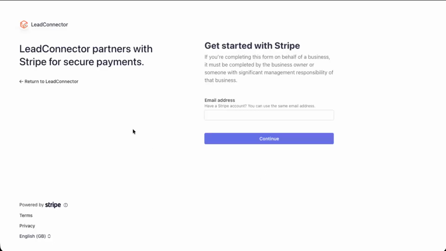At this point, you'll be redirected to the provider's login or sign-up page. Here, you can either log into an existing account or create a new one if you don't already have it set up. Follow the prompts to complete the setup. This usually includes confirming your business details, bank account, and any required verification steps. Once you finish, you'll be brought back into GoHighLevel, and your payment integration will be active. From there, you'll be ready to start taking payments through your funnels, invoices,